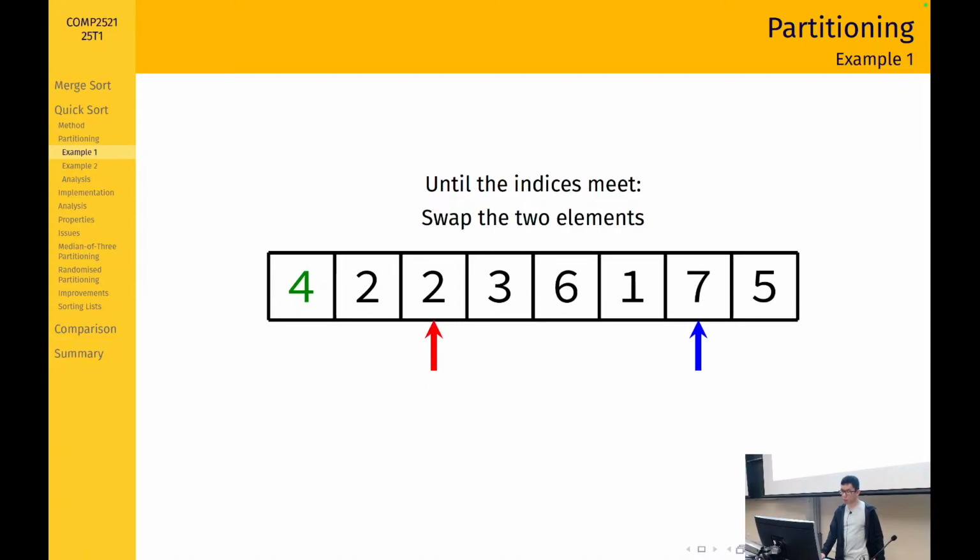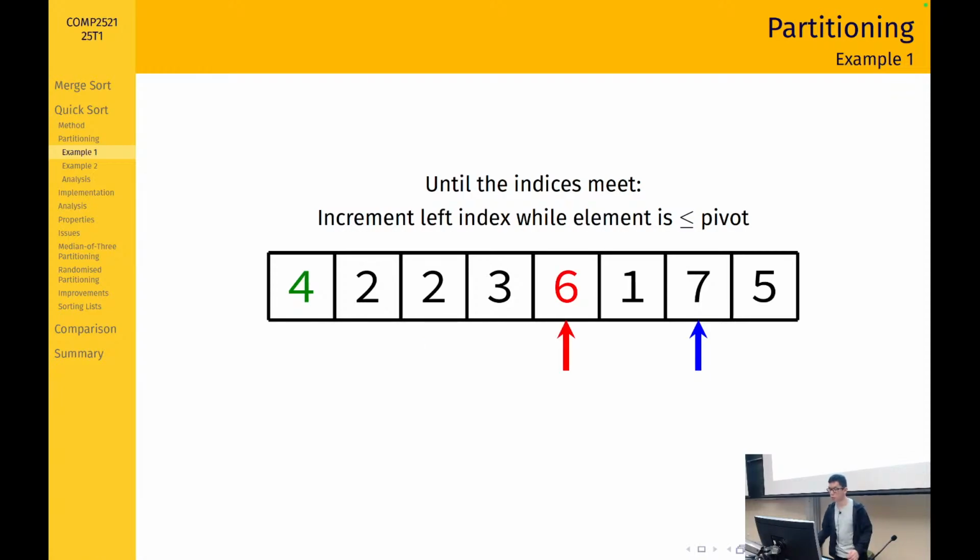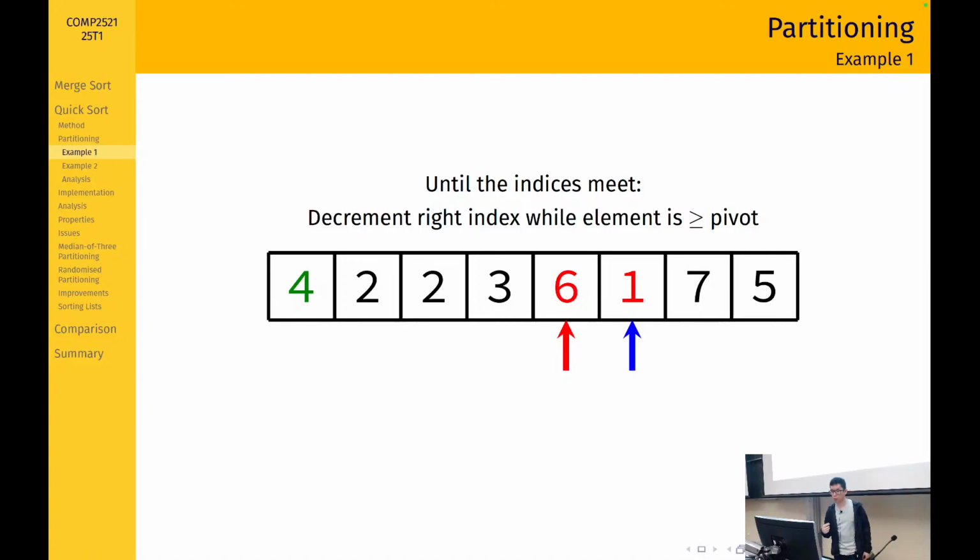Okay, and now we just repeat. So we increment the left index. So 2 is smaller than the pivot. 3 is smaller than the pivot, but 6 is not smaller than the pivot. And now we switch over to the right index. So 7, that's greater than the pivot, right, but 1 is not greater than the pivot. So now we swap these two,